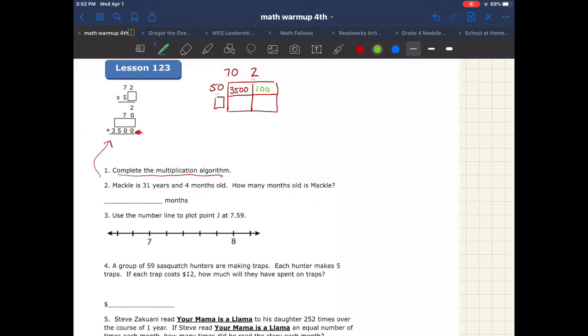Now I've got, there's a 70 here and a 2. There's a 70 and a 2. So those are probably the two numbers that are missing in my area model. So what I'm thinking is 2 times 1 is 2, and 70 times 1 is 70. So that would fill out my model and let me know what goes in those missing boxes, right? So we decided that there was a 1 going with that 50. And we decided that there's 100